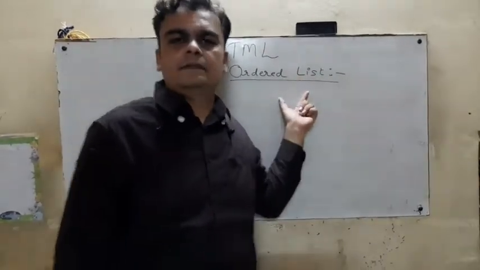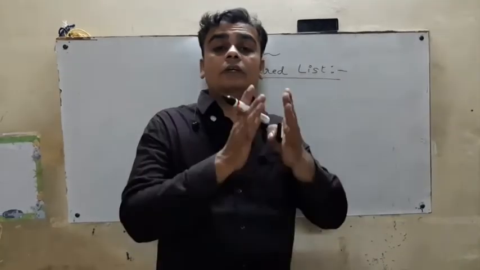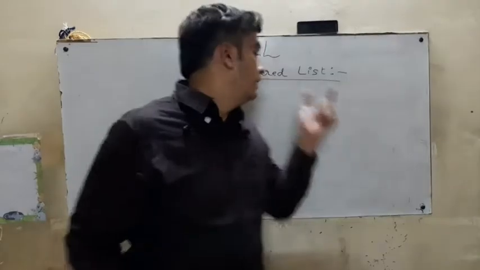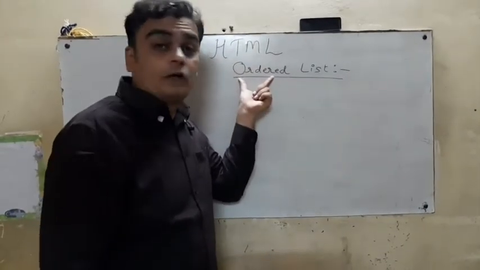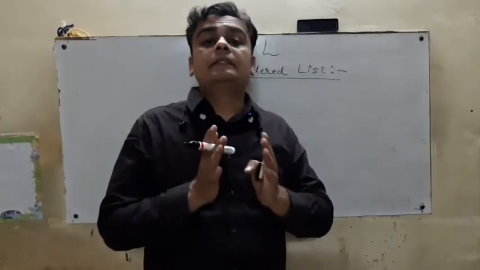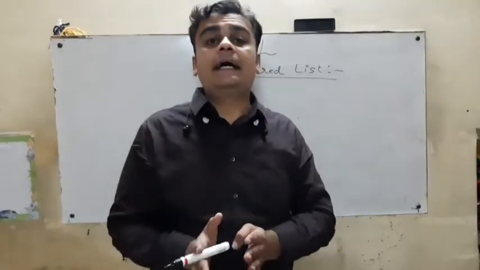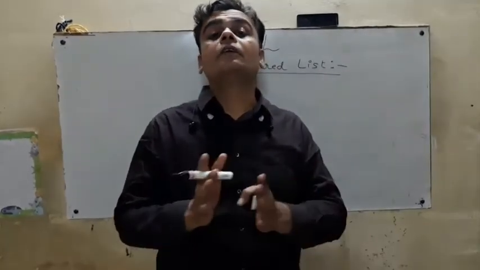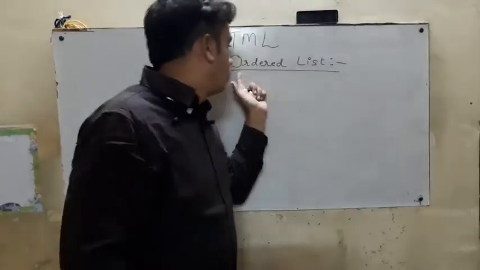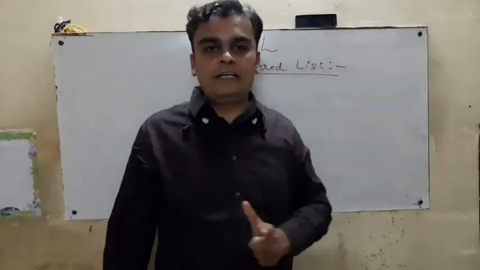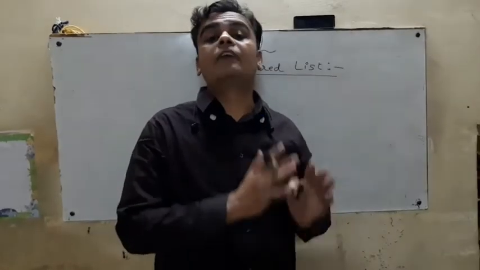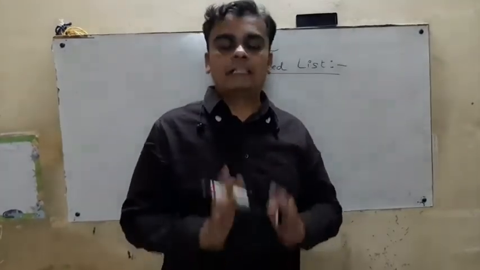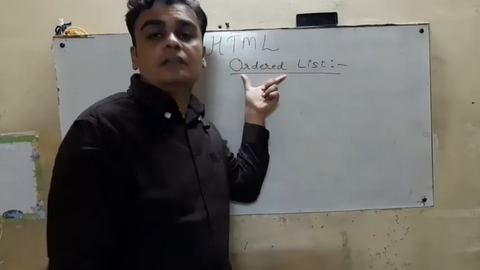What do you mean by list? These are nothing but a group of elements, or a sequence of elements, and the name suggests ordered. Ordered means these data have some proper sequence, or a particular order, we can say. So an ordered list is a group of elements having a predefined order. Its sequence is very important, so that's why it is called an ordered list.